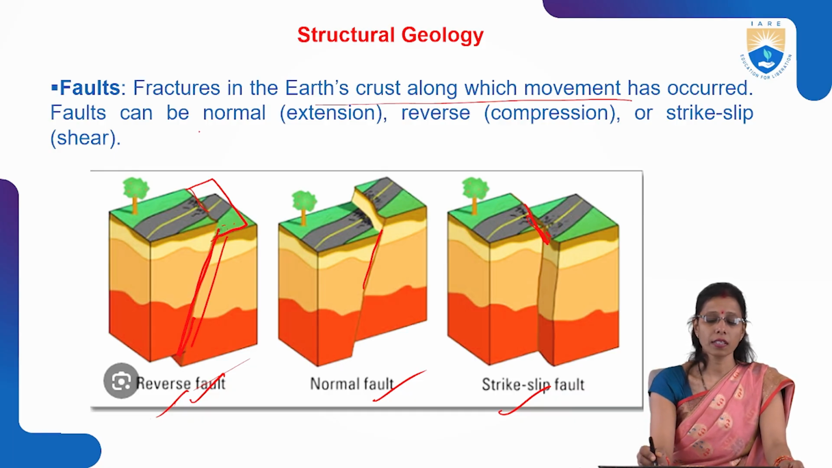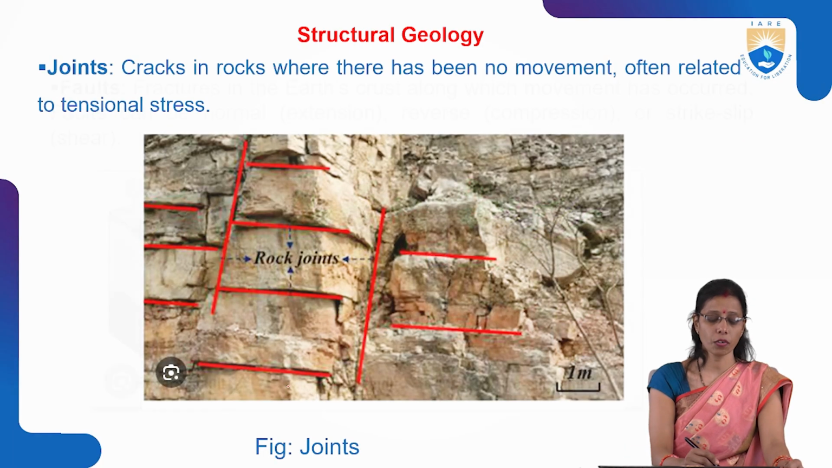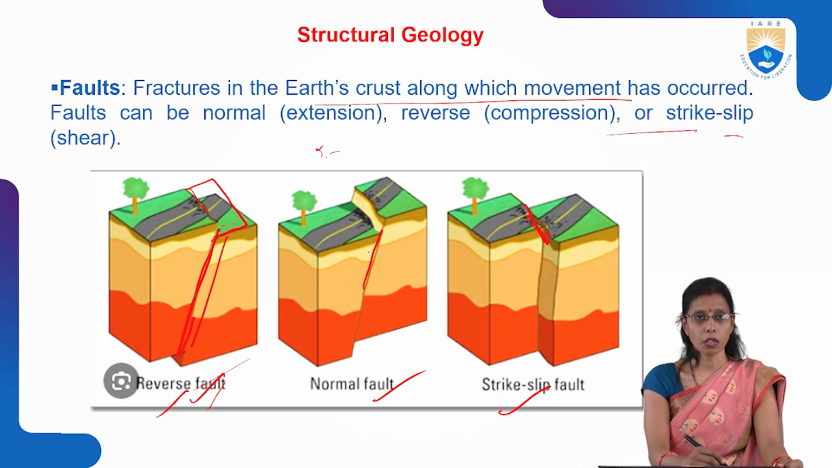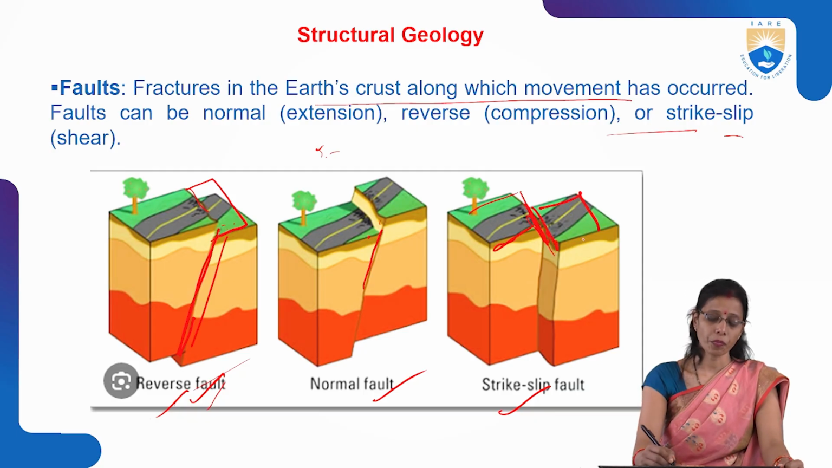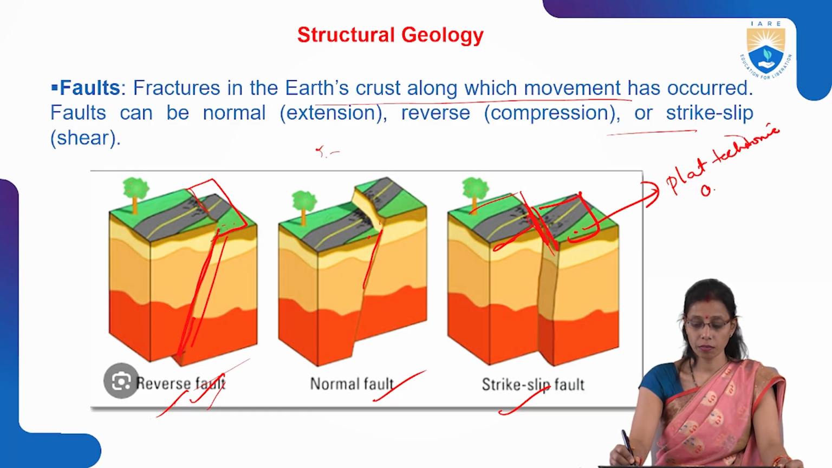So fractures in the earth crust along with movement are called faults, and they can be normal (extension), reverse (compression), or strike slip (shear). A reverse fault means the block will go down. Here you can see the normal fault, where one side suddenly goes down and the other is up, and in the strike slip fault the sides slide, one side here and one side here. These faults will occur at the time of plate tectonic